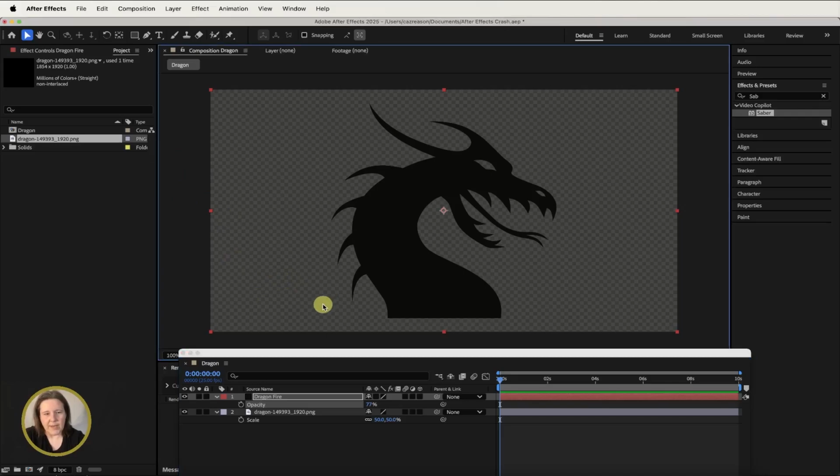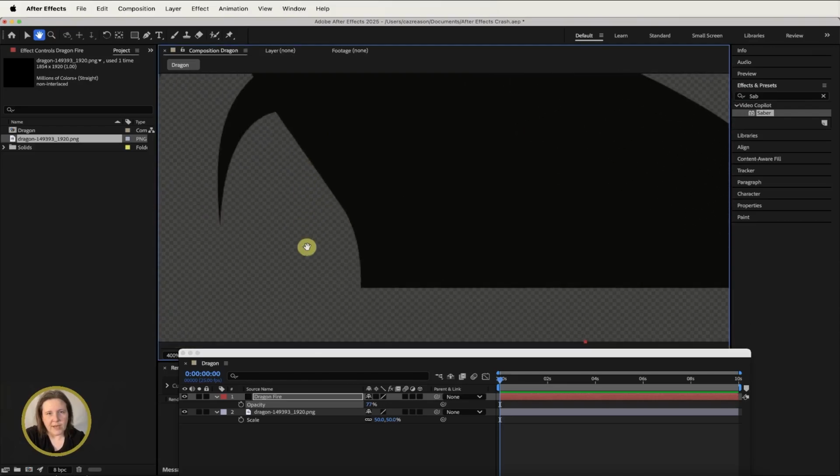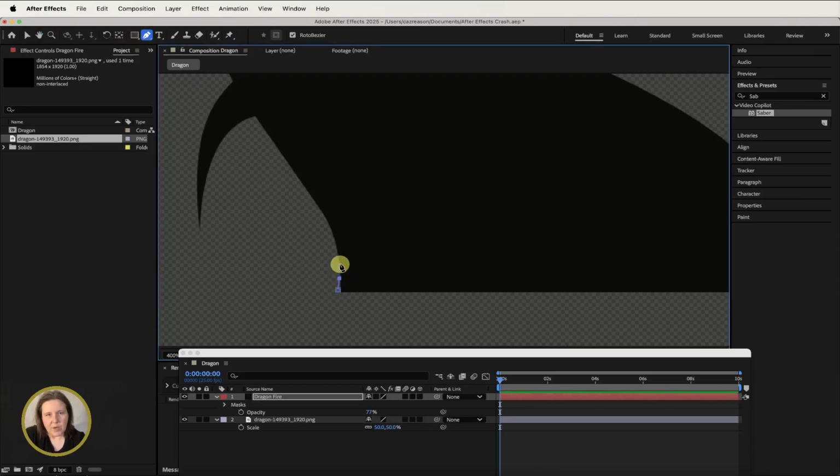Now you might want to zoom in. So to do that, on a Mac you press Command plus, and on a PC I believe it's Control plus, and press the hand tool up here and just scroll down to the bottom, and then we're going to get the pen tool and we're just going to start making an outline around the dragon. I'm going to speed it up a bit so you don't have to watch me going around it, but if you want to spend some time doing it yourself,